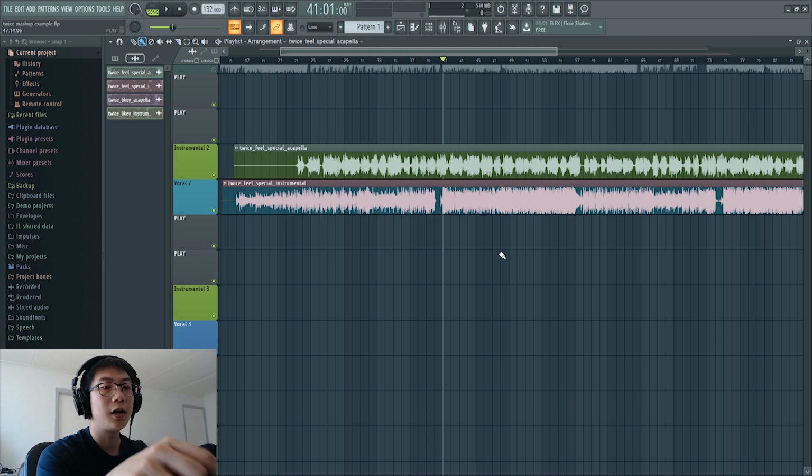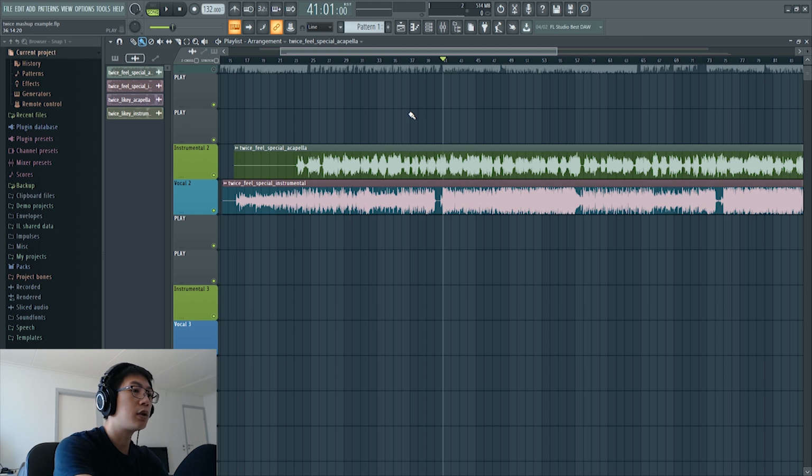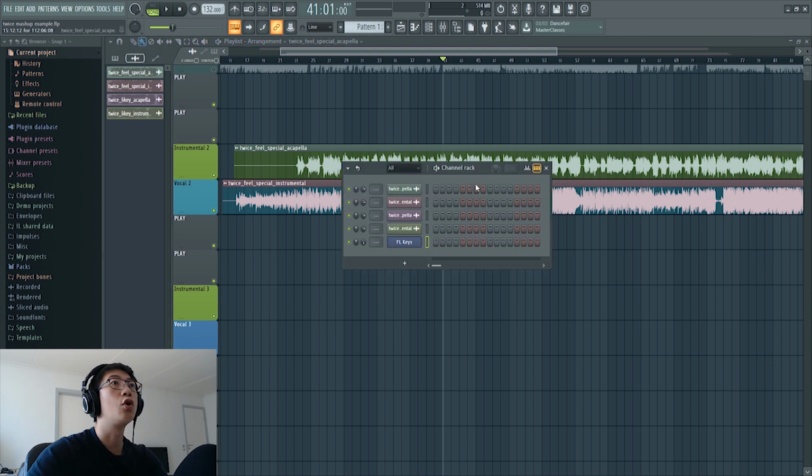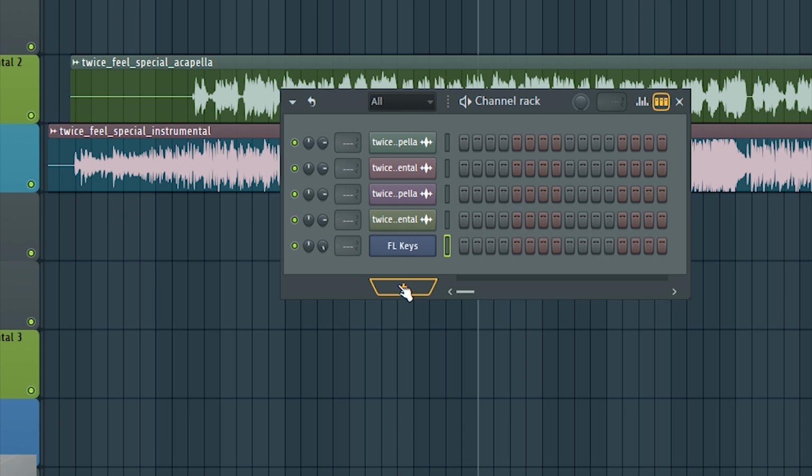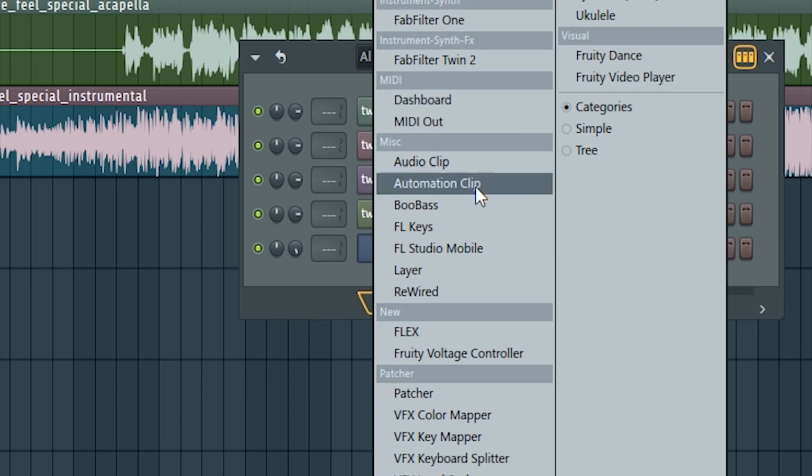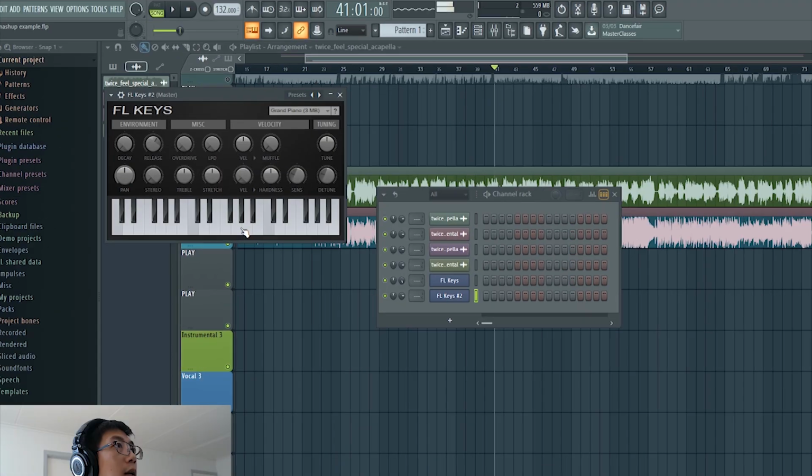So typically I'll start with the note that I think the song is in. The way you'll be able to play the note is to press F6. It's gonna open the channel rack, and then you press this little button here, and then you choose FL keys. That's gonna give you,